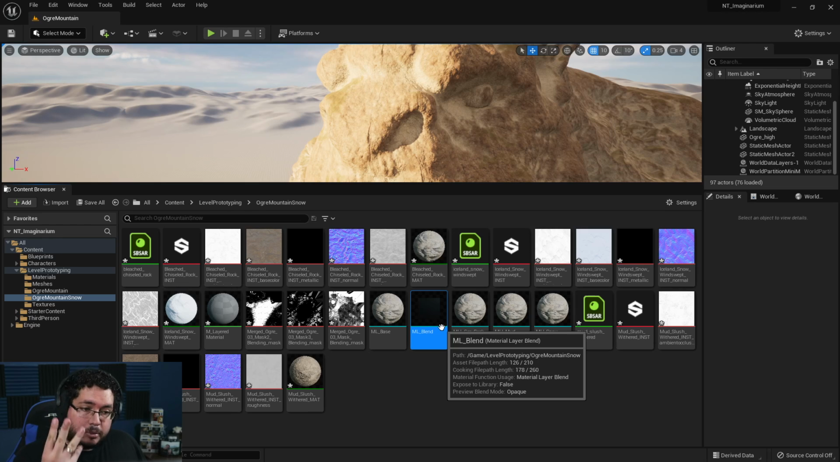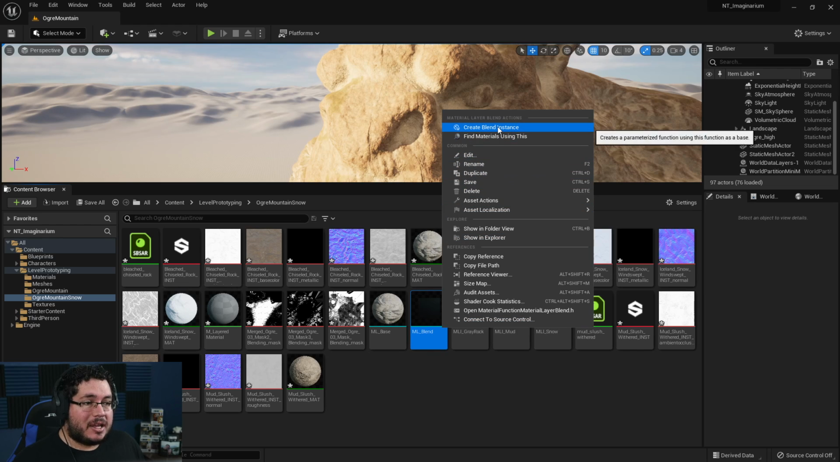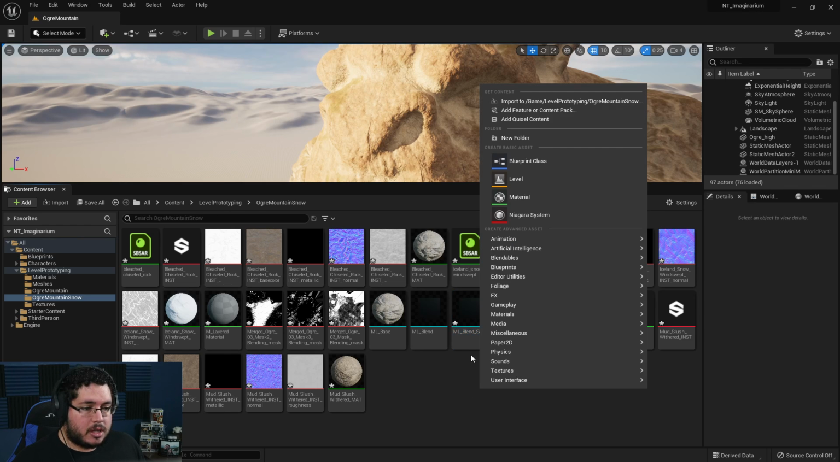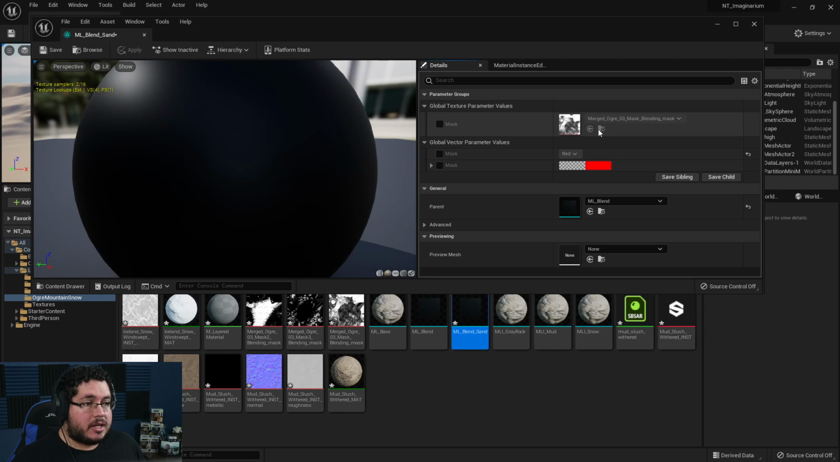So we need to have 3 blends so that we know which blend blends which thing, right? So I'm going to right click, create a blend instance. I'm going to call this blend. This is going to be, let's call this sand. I know it's not the sand, but just so that we remember the old textures. And then if you double click here, you can see that we are using the basic blending mask, which